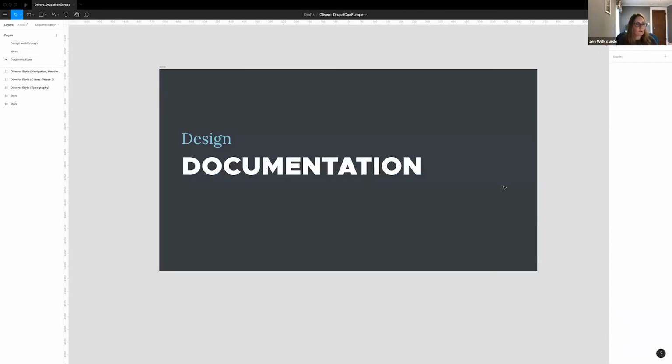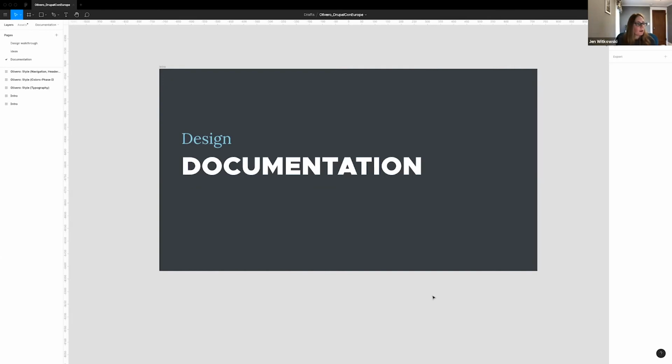And finally, I just want to review a little bit of how we documented Olivero when it came to design documentation. Design documentation is really important because as designers, we sometimes work pretty quickly. We copy and paste colors, typography doesn't get updated from page to page. And developers, as they're going through and grabbing styles, sometimes run across these discrepancies. And they're like, well, is it this color red or is it this color red? And so we want to create this single source of truth for developers or designers who are onboarding onto the project that they could go to answer those questions.